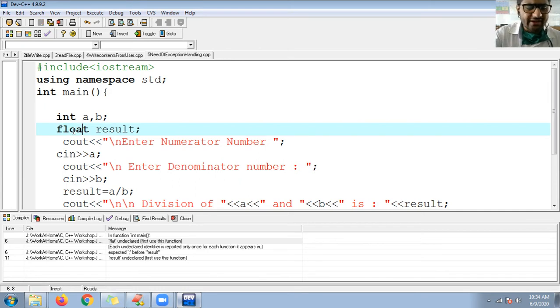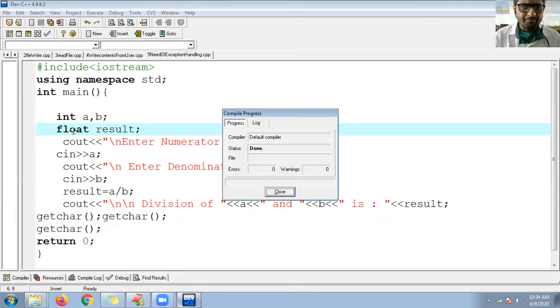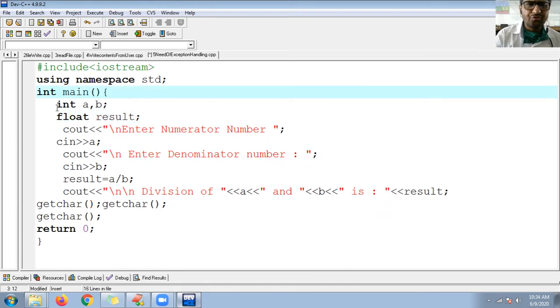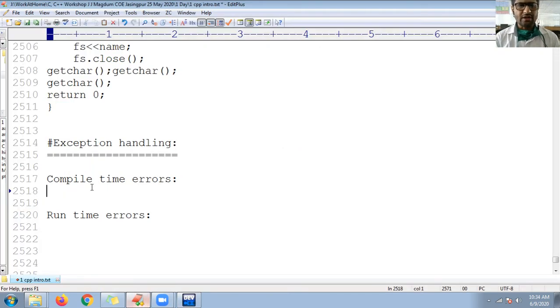Now if I correct the error and compile again, compile time errors are those which occur maybe because of a spelling mistake, maybe because the compiler is not able to find a specified symbol, or maybe some typing errors. Are you getting it, guys? There are two types of errors: compile time errors and runtime errors. Compile time errors can be identified at the time of compiling your program.